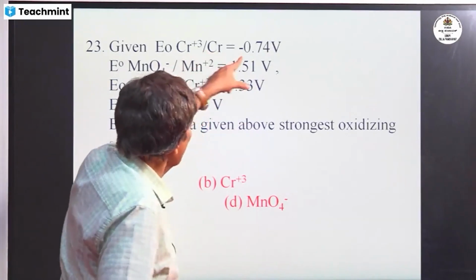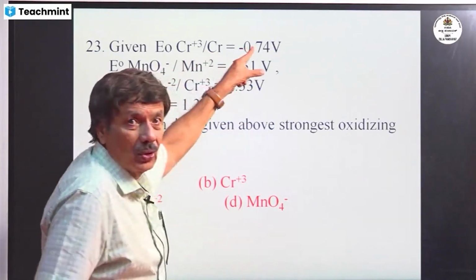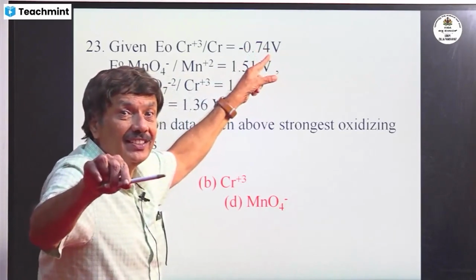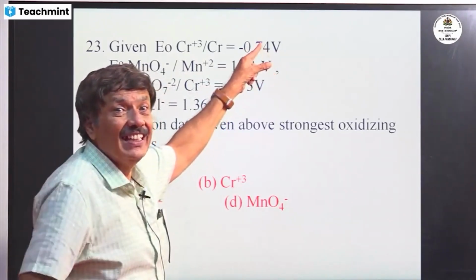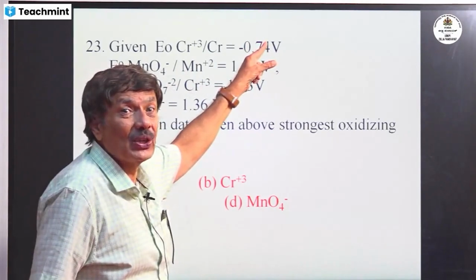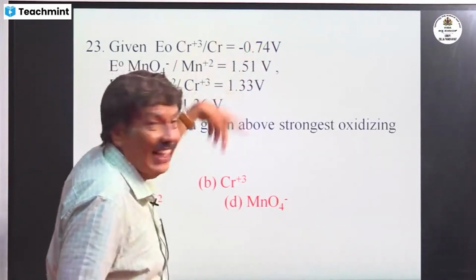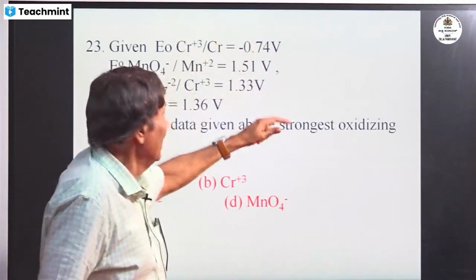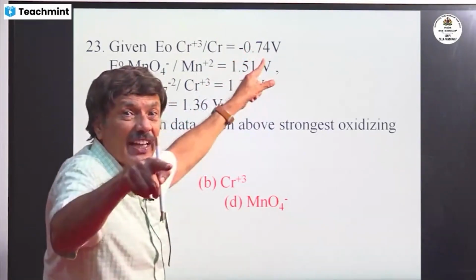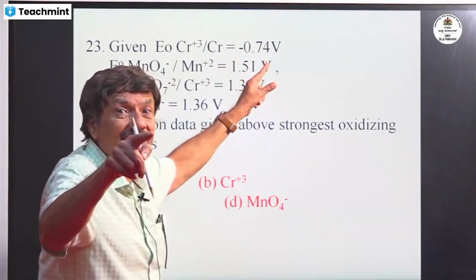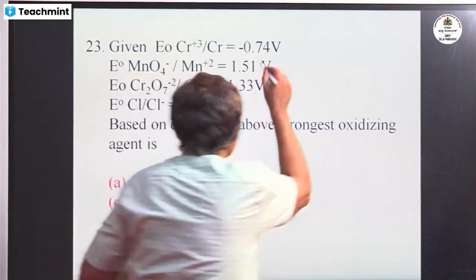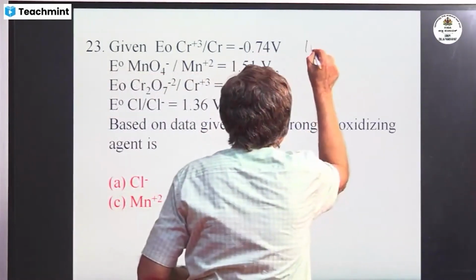This has the lowest value. Lowest value means it has least tendency to undergo reduction, because all these are SRPs, reduction potential. Reduction potential least means lowest tendency to undergo reduction. This is the lowest, no? Lowest